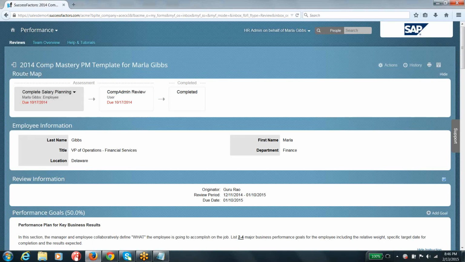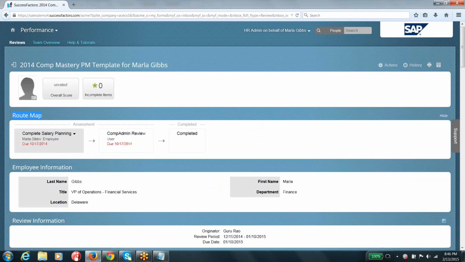And here you can see there is a route map, and you see three different steps. One is complete salary planning, another is compartment review, and the last one is going to be the completed step.